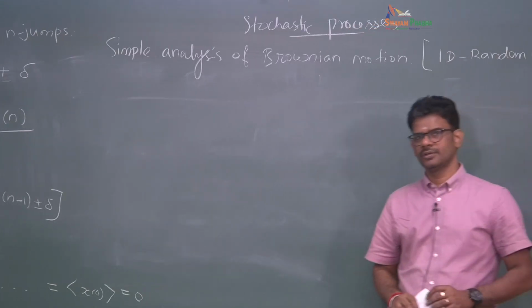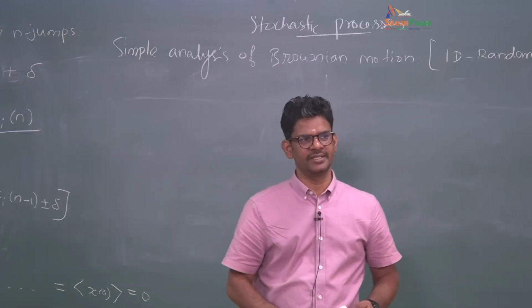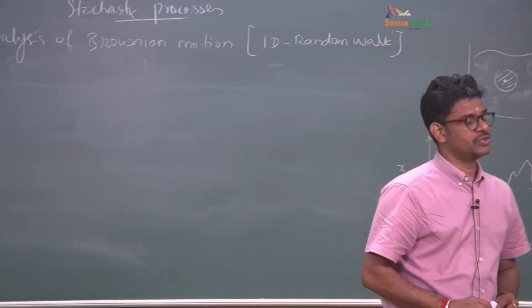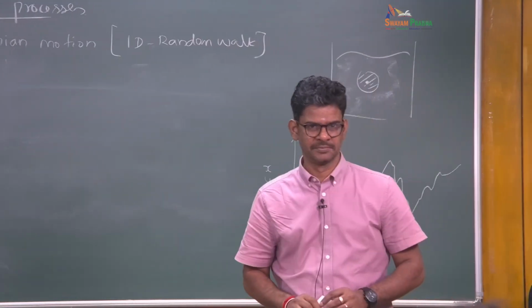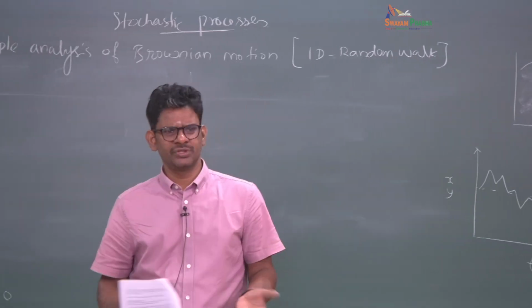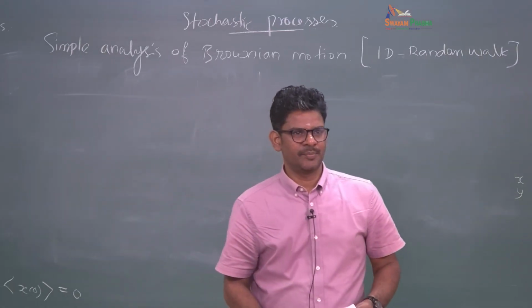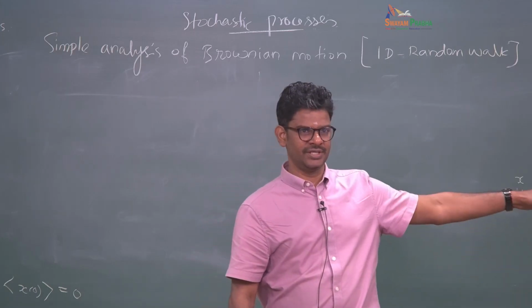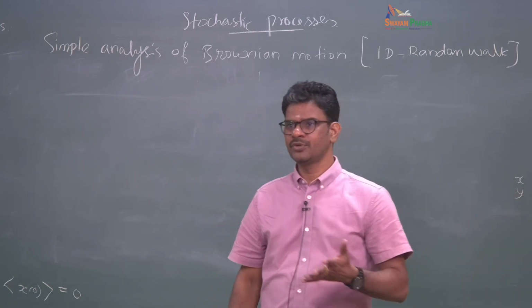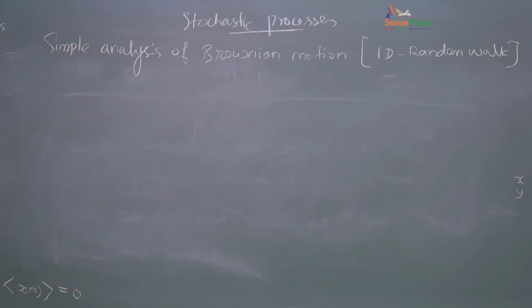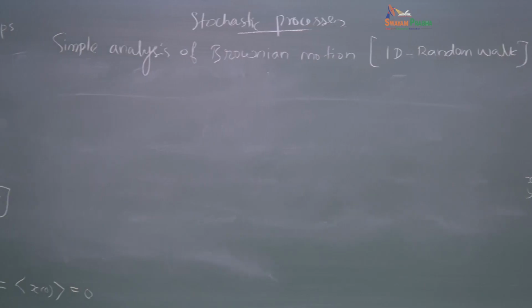Now we ask, is it enough to say that the mean position of the random walk or the Brownian motion is 0? Is that all that we can say? If you stop here, it would seem as if the particles are not really moving effectively, but that is not the case, right? We see that the trajectory is evolving, only the mean position is 0. So we should not stop here, we should look at other moments, higher order moments, other behavior outside the mean.